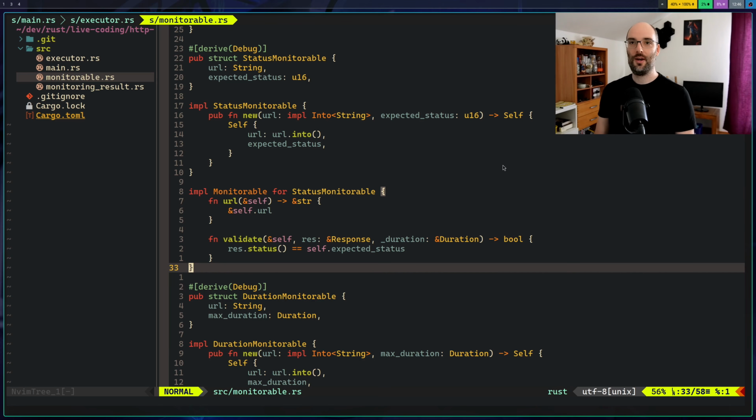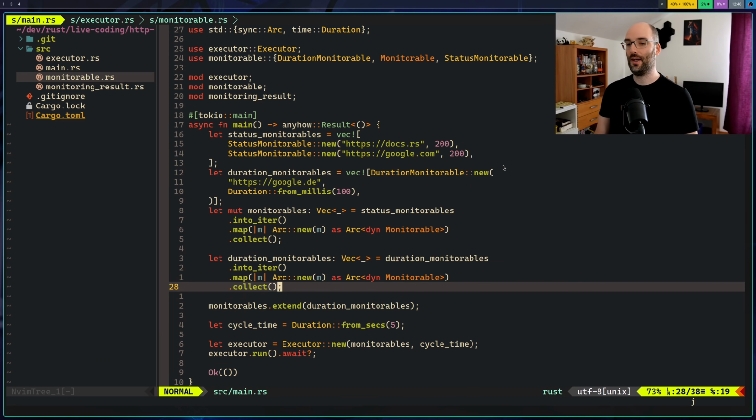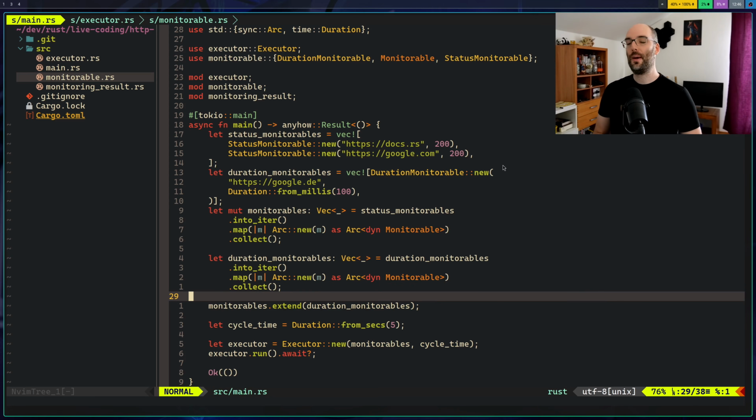Well, this is something I took a bit of time to think of, and I think I want to change that. Not because it was a bad design decision or anything, but because what I want in the end is some config file, like let's say a JSON file, probably the easiest way to do it, in which we have all our request URLs and expected statuses and timings and stuff inside.